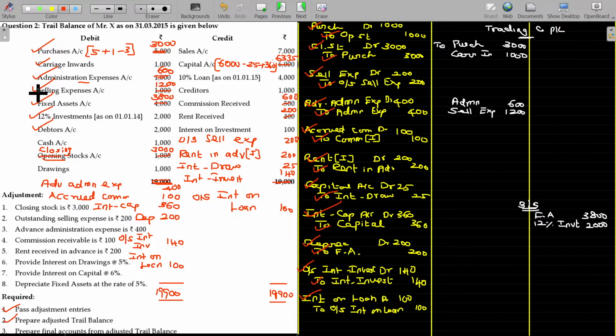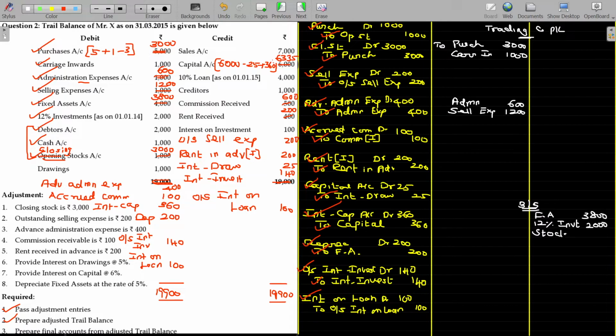Apart from that, we have been given debtors, cash, closing stock. All three are assets only. If the closing stock appears in the trial balance, what does it mean? The adjustment entry for the opening stock and closing stock were already passed. After that, whatever closing stock we have is simply an asset, and should be transferred directly to the balance sheet. It will not appear in the trading account, right? Whatever items are available in the trial balance should be transferred to only one place. If it is in the adjustment, it should be posted twice. As the closing stock appears in the trial balance, it should be posted only once, that too in the balance sheet asset side, right? So stock in